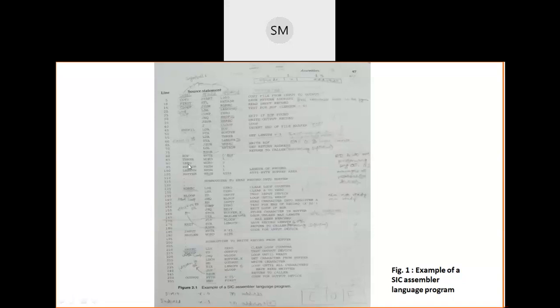Then I have taken one variable 0 to initialize my index register X to 0, and for that I again used the assembler directive WORD, which reserves one word, and in that one word I have stored the value 0. And return address also I have used here, and for that I have reserved one word of memory. And for length I have reserved one word of memory. And for buffer I have reserved 4096 bytes.